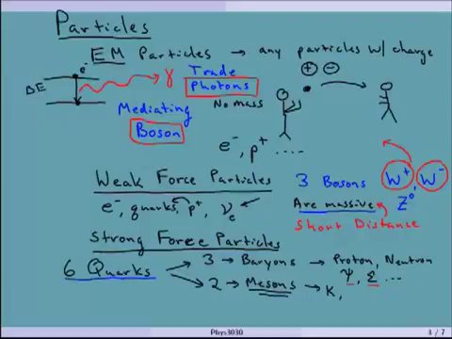6 types of quarks. But then they have bosons, right? The boson of the strong force is what's called a gluon, which is a not very creative name for what glues the quarks together. And there are 8 kinds of gluons, and we won't talk about the different names of gluons because there's too many of them, and it has to do with something called color. And your book talks about this a little bit, but we'll spare you the details right now. But there are 8 types of gluons to consider that get traded back and forth between the quarks.